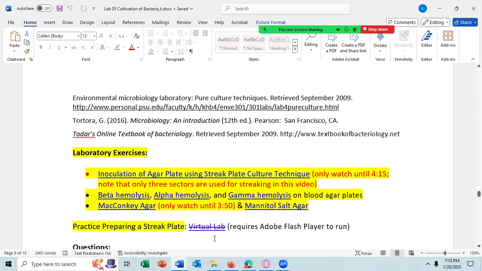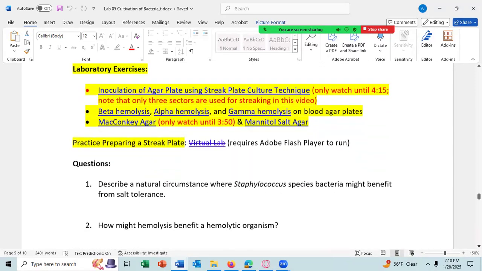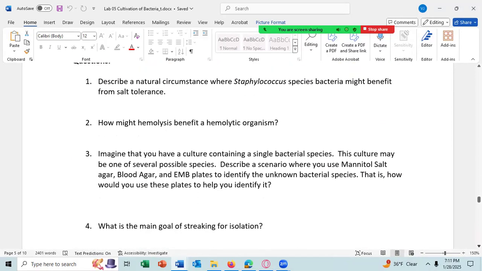We used to have a virtual lab where you could practice streaking your plate. Unfortunately, we don't have that anymore. And then answer the questions